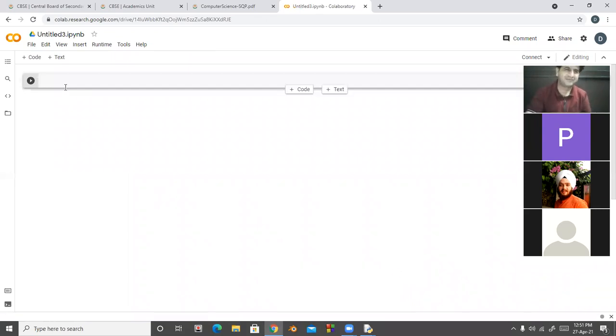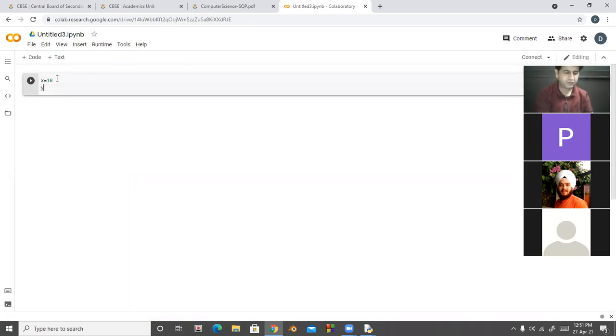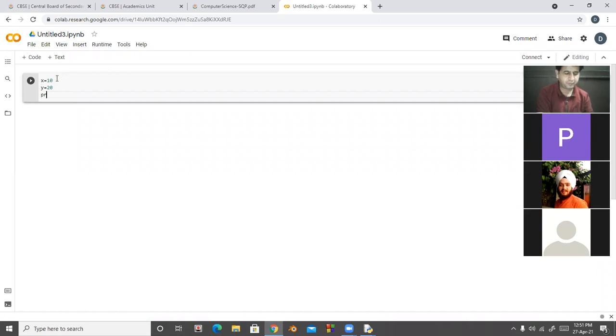Okay, students, look at here. x is equal to 10. y is equal to 20. Then print x plus y. So look at here, there is a play button here.